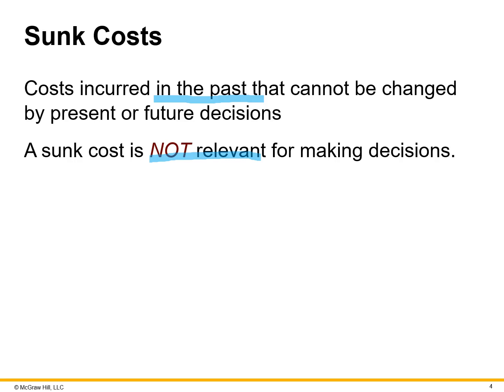Now, some people in that scenario might say, well, I've already been in line 1 for 10 minutes. I might as well just stay here. But you should be able to tell that that's an absurd position. It doesn't matter that you've already stood in line 1 for 10 minutes. If line 2 is open and you can be served immediately, then it would be in your best interest to